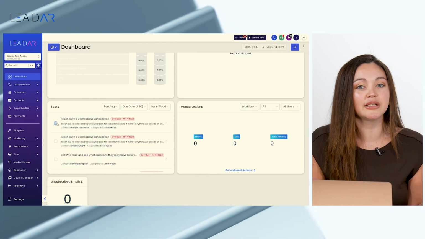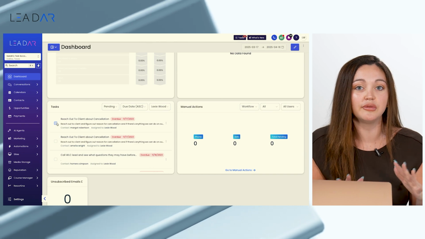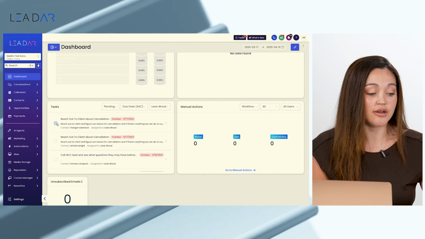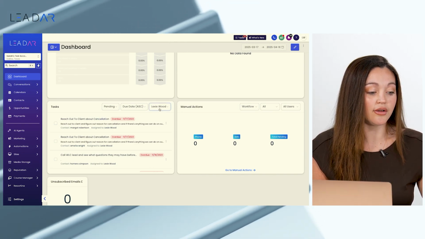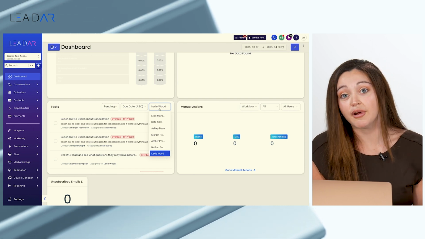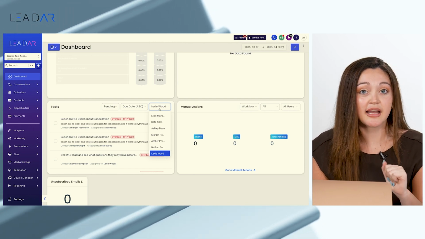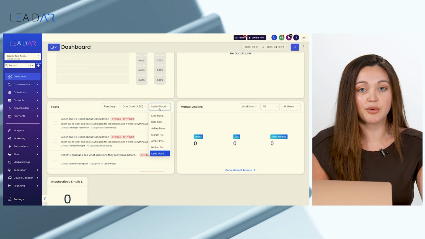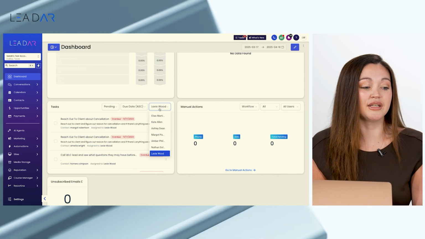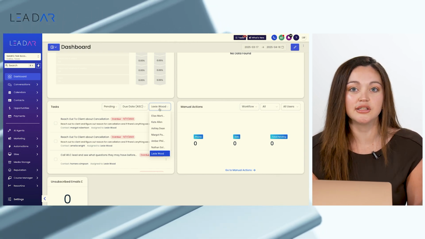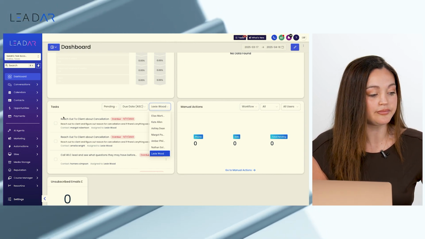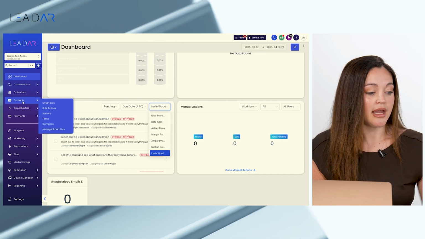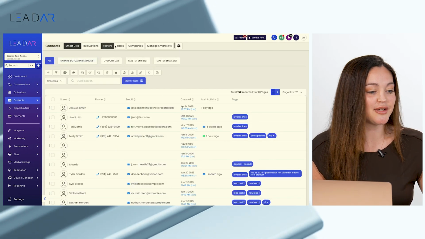So it really depends on your preference and what you like. But also here, you can filter out, hey, I just want to look at my tasks and knock them out. So here's where you can toggle on and off which tasks are specifically assigned to you and to focus on. But now I'm going to go back to contacts, go back to the tasks,